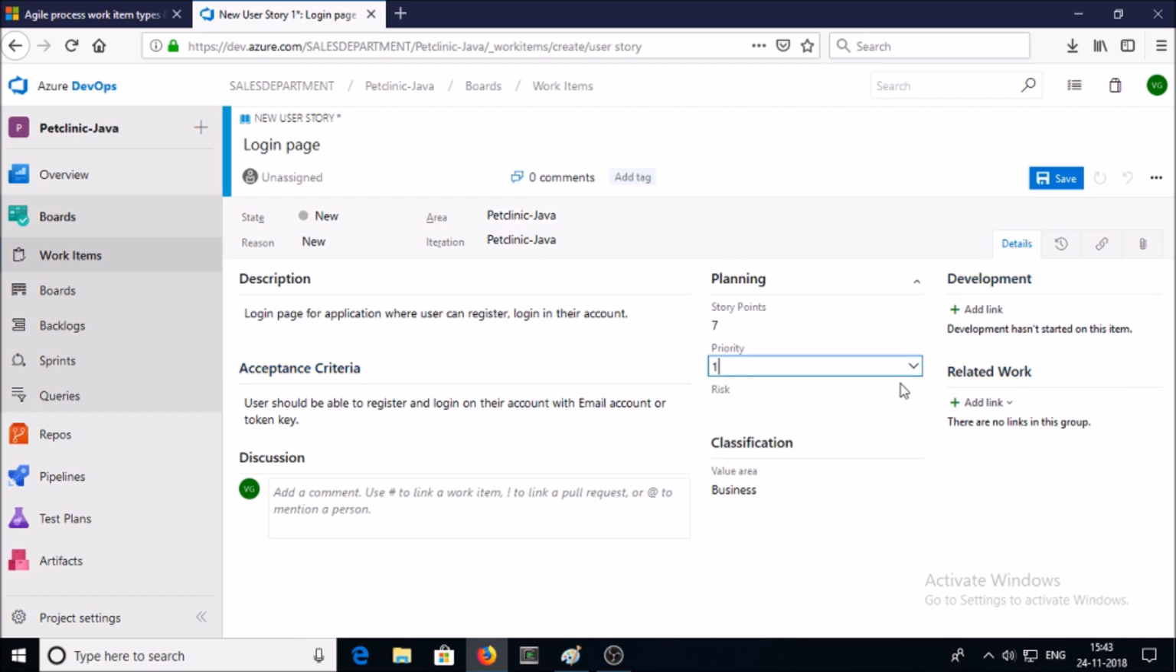And what is priority 2? Priority 2 means the product cannot be delivered without the feature, but it does not have to be addressed immediately. For example, a user in my application can log in with their email account or token number. At this moment, I don't need to immediately address the second mechanism, the token key. I can skip this feature right now and look at